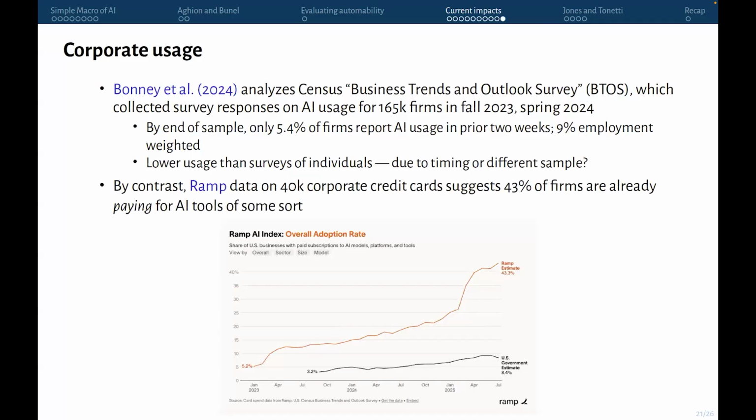By contrast, RAMP has corporate credit card data on 40,000 companies. They find that 43% of firms are already paying for AI tools of some sort. I don't think this RAMP data is...